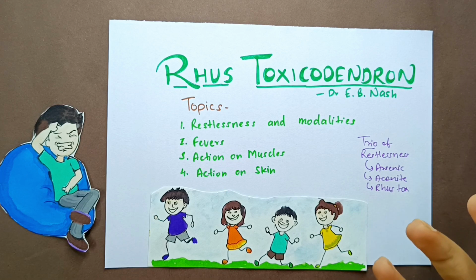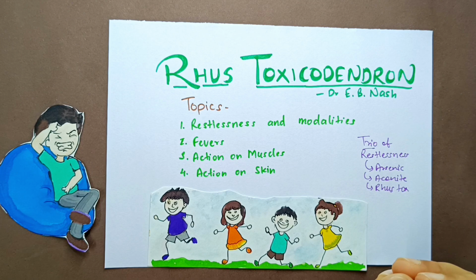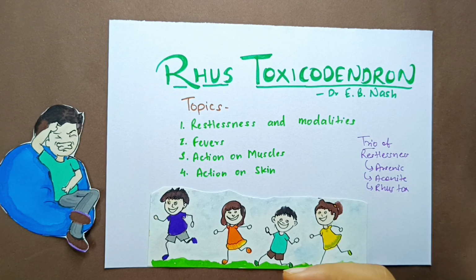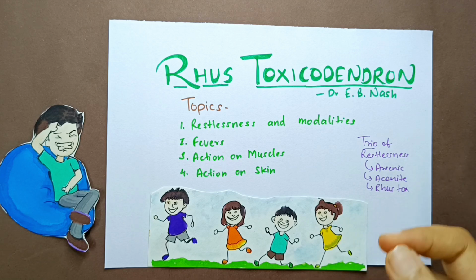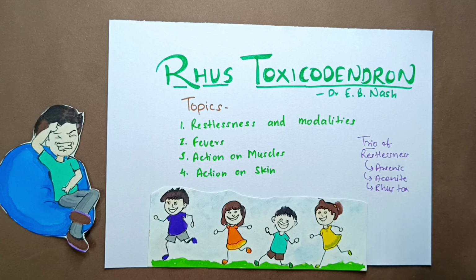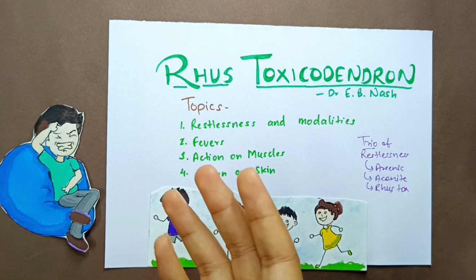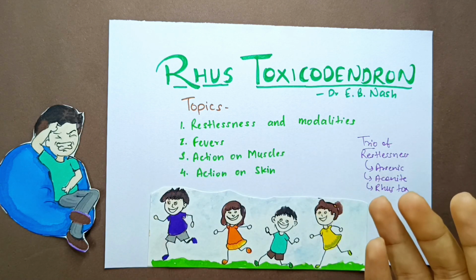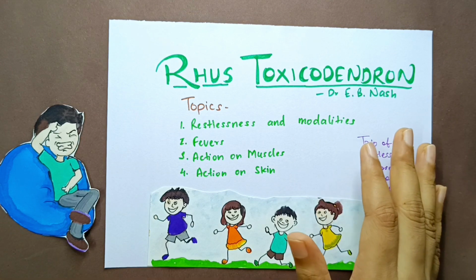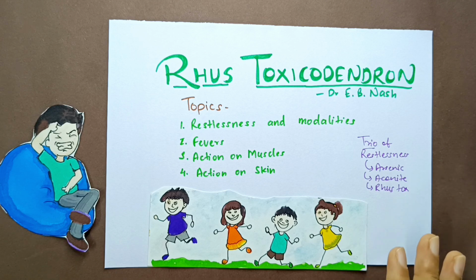Dr. Nash actually groups certain remedies together on the basis of the similarity that exists in those remedies, and he helps us differentiate those remedies and study them very briefly, only covering the very important aspects of that remedy, whichever he has himself seen in his practice and thought to be very important. In the same way, today we're going to learn about Rhus Tox from his own Materia Medica. These notes are all created from his Materia Medica only.